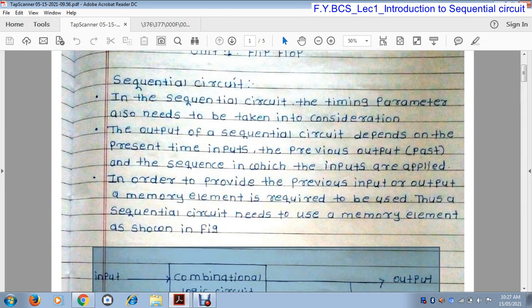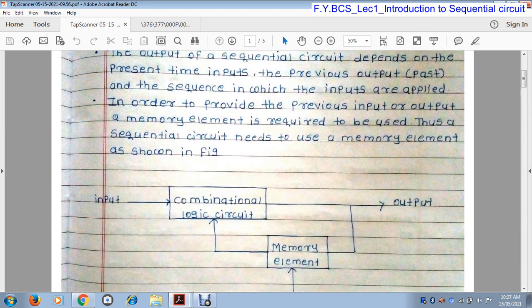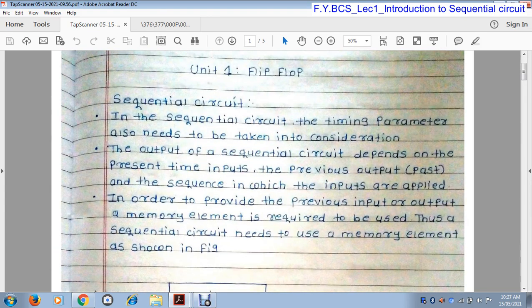In the sequential circuit the timing parameter also needs to be taken into consideration. What does timing parameter mean? Because it saves the output in a memory element, whenever the input changes, it saves the previous output. The output of a sequential circuit depends upon the present input, and the previous output, meaning past output, and the sequence in which the inputs are applied.